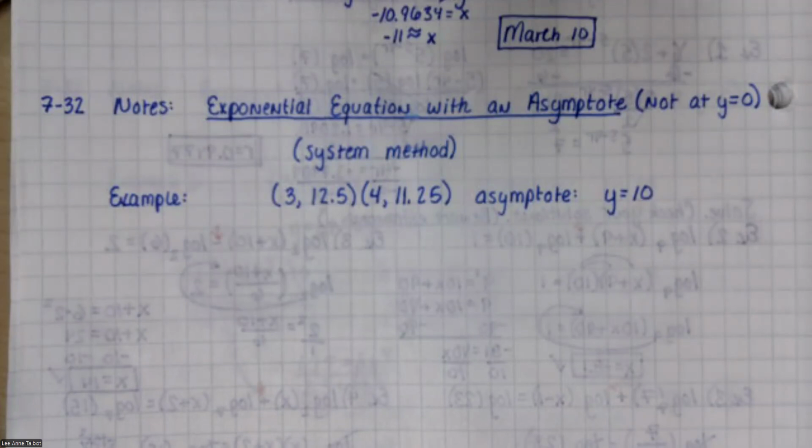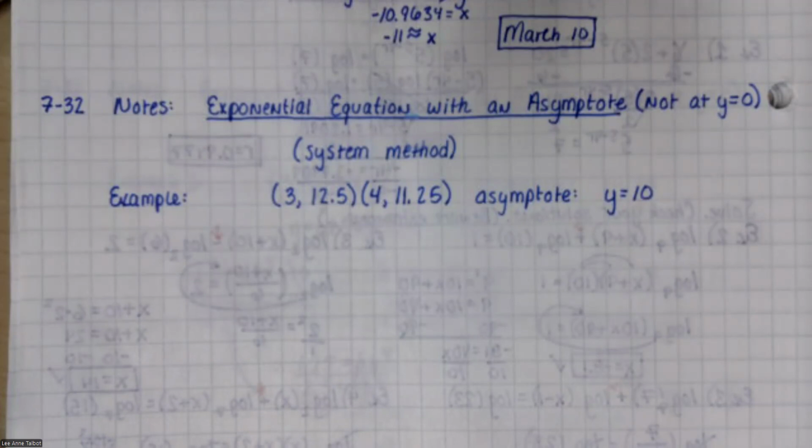So the thing I just cleared up, remember the B thing, the exponential B thing? I was talking about the system method that people learned in 8th grade from Mr. Jones. And I'm going to show you that in the first part of number 32. And you can decide if you like that or if you like the table method better.